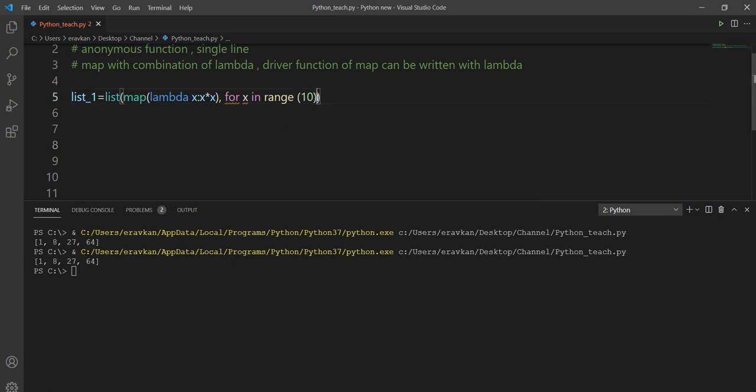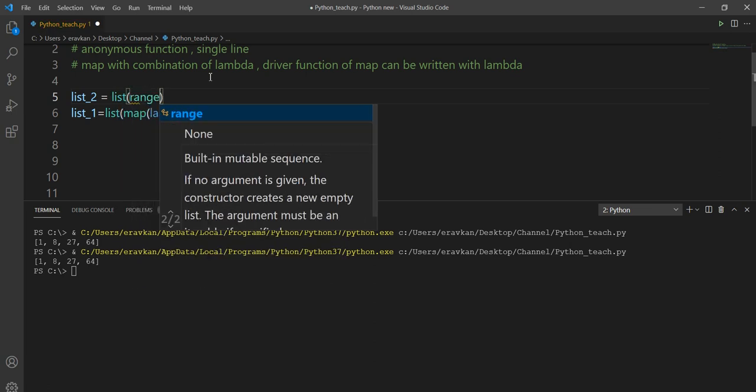This is not working, so I will do one thing: list underscore 2, and my list underscore 2 is a list in range of 10.